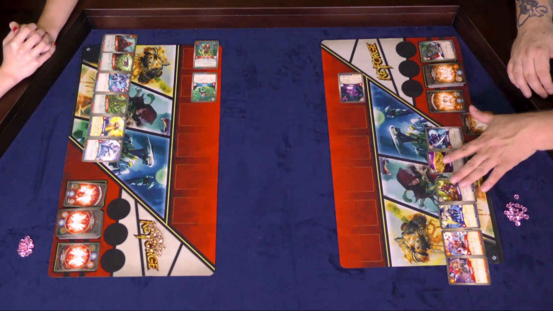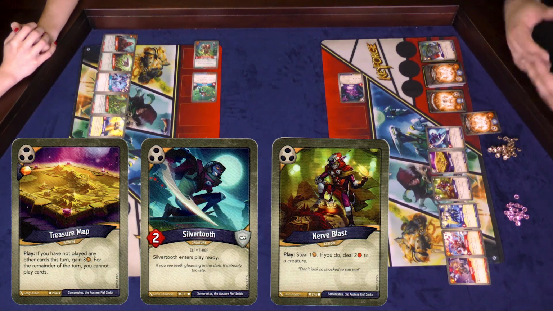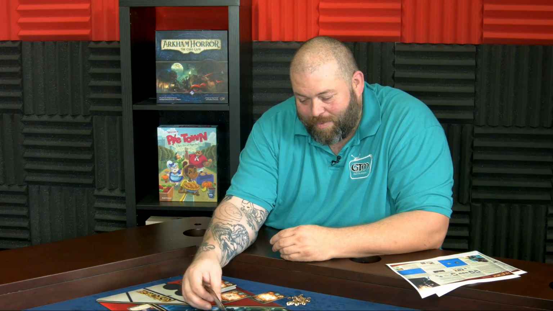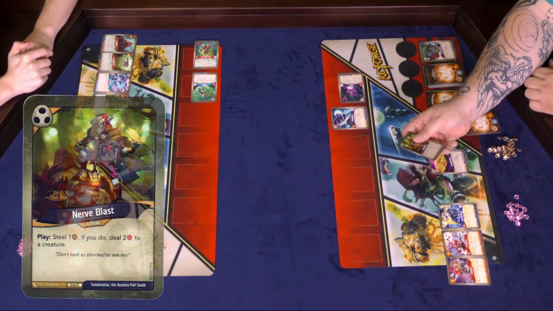So I'm going to go ahead and choose House Shadow, because I have 3 shadow cards here, and I feel like it's just a really good house to play. I really like it. So I'm going to go ahead and play Silvertooth, which is an elven thief, and Silvertooth enters play ready. Ooh. And then I'm going to play another Nerve Blast,